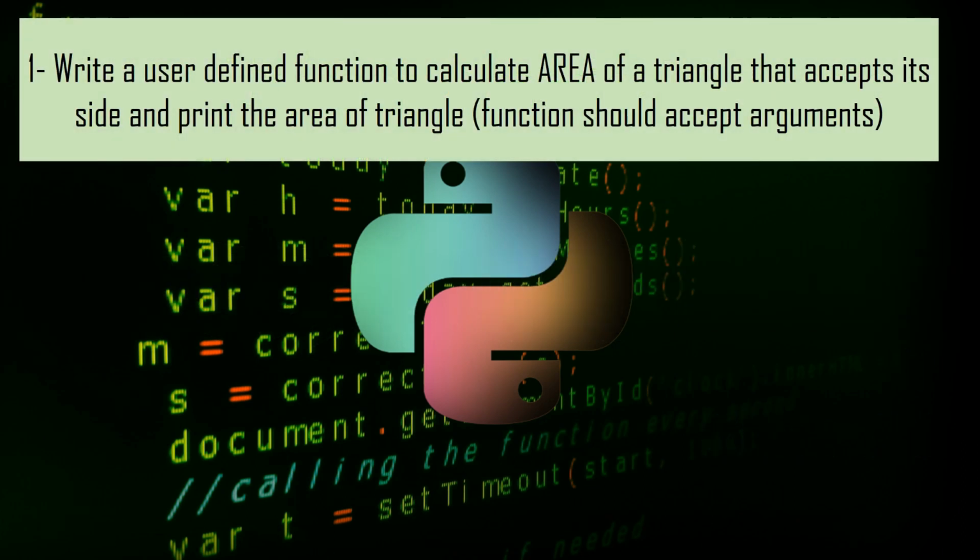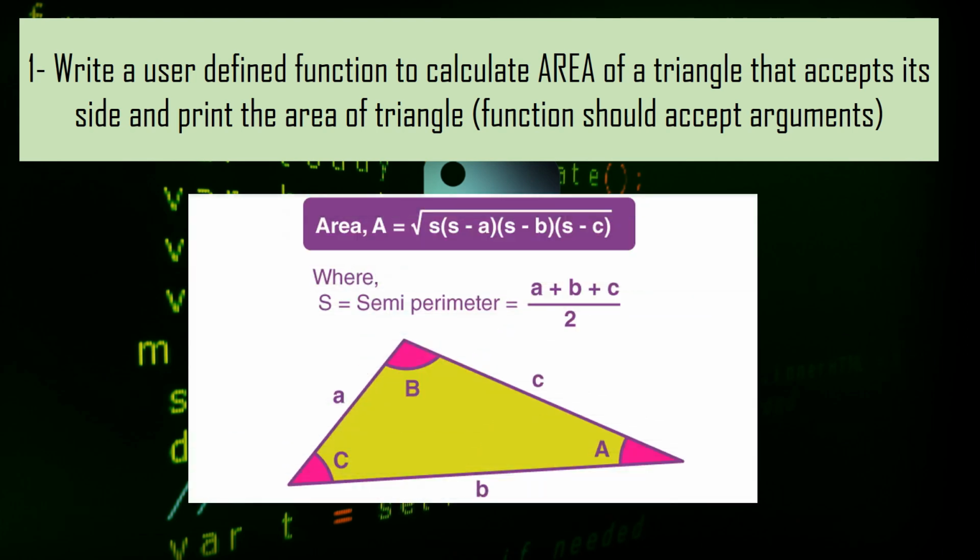Write a user-defined function to calculate the area of a triangle that accepts its sides and prints the area of the triangle. The function should accept arguments. We are going to use this formula to calculate the area of a triangle by calculating the semi-perimeter, where semi-perimeter is equal to a plus b plus c divided by 2, and a, b, c are the